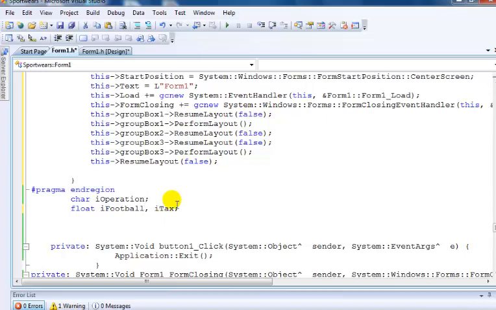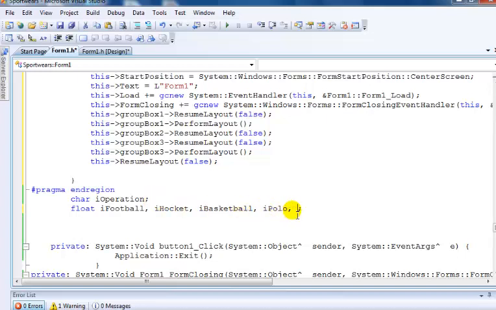I hockey. I basket ball. I polo. 1, 2, 3. Have one more to go. And